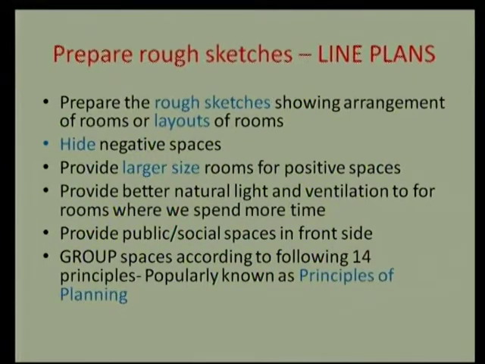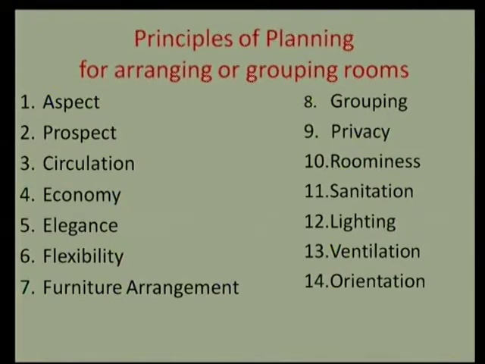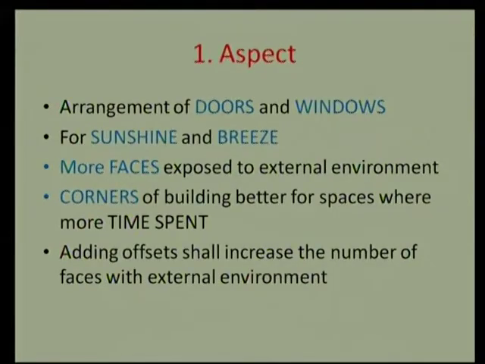So different alternatives are prepared based on different principles. There are 14 different principles which are considered for arranging all these rooms with respect to each other in a building. Naturally the building land will have one face touching the front street or road, so the building should have a very good external view. From that point of view, all the positive spaces we will align in the front of the building, so that the external view of the building is not spoiled by the negative spaces. And these are the principles. We discussed aspect, prospect, circulation, economy, elegance, flexibility, and furniture arrangement. So up to furniture arrangement we have discussed all these